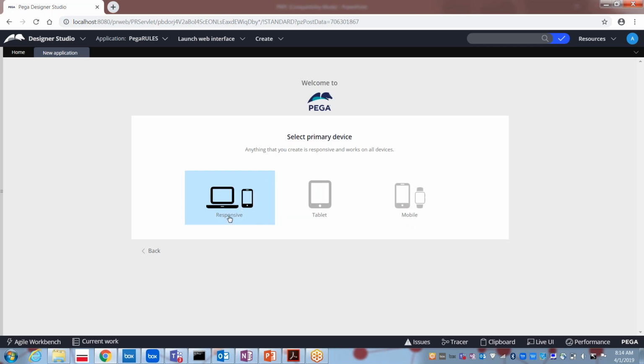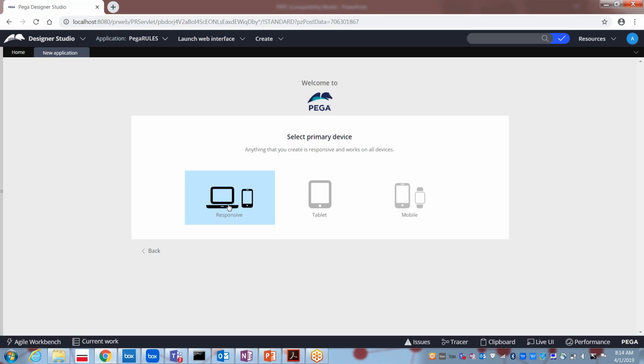Responsive means when you open the application in the laptop or desktop, based on the screen size, it is going to adjust. And if it is the mobile, the same application will be displayed differently. Based on the screen size, it is going to adjust the font size and the options displayed to the user. Everything will be based upon the device you are accessing.